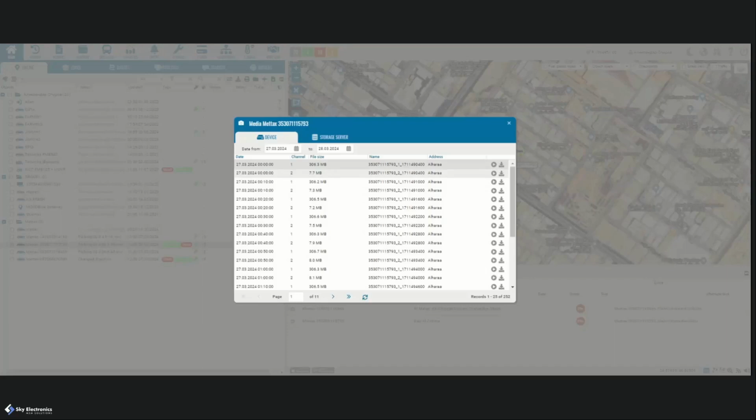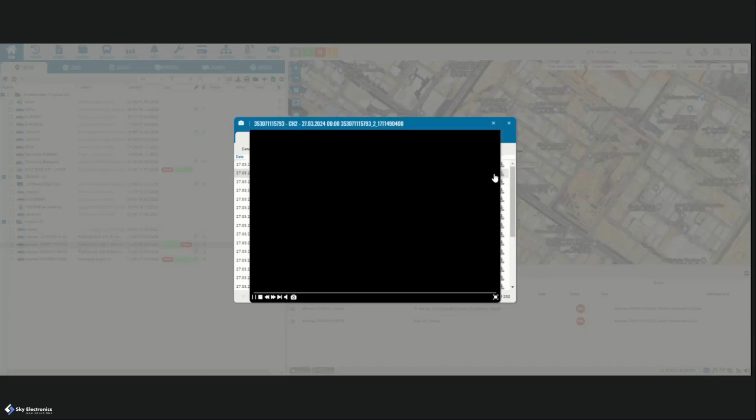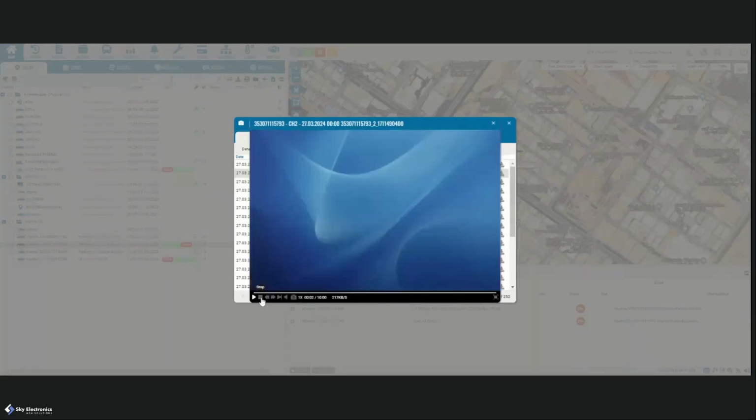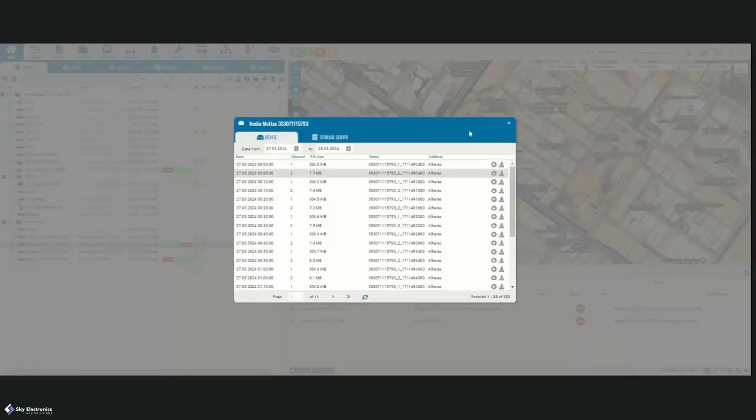So what if I want to download some file? Let's say I want to download this file. I'm just going to check if it's a small file. So if I need to download this file, we need to click the download, and we need to wait for this video downloader to get the whole file from the device, and when the whole file is completely